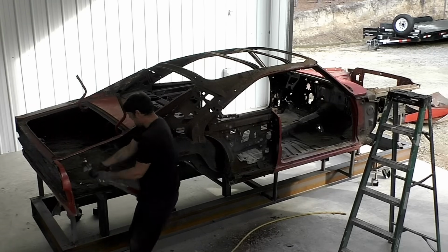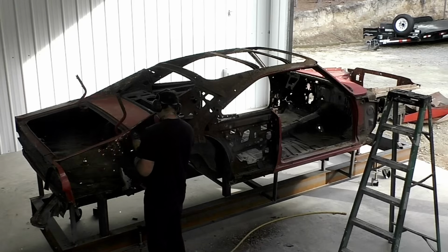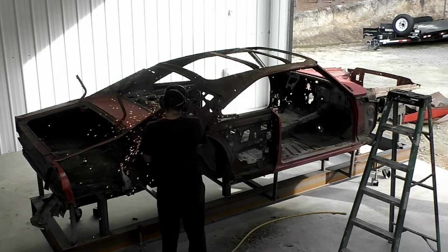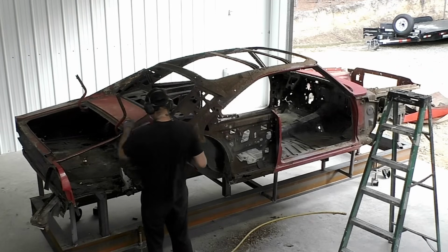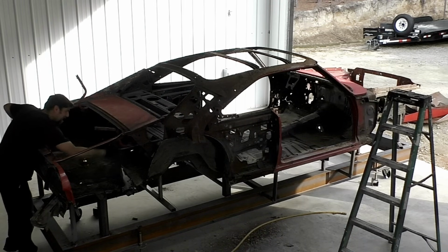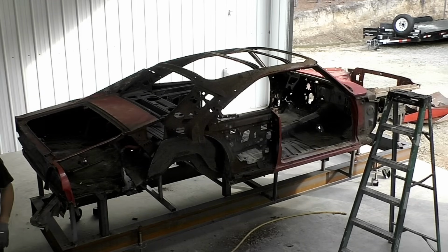I did cut the passenger side into the top roof frame just a little bit. I went a little too deep as I wasn't aware the roof was actually rusting away, so the disc was going in deeper than I initially thought. But we're going to come back and weld that up before the end of the video. But most of the time I use the cutoff wheel because I'm trying to make sure we don't